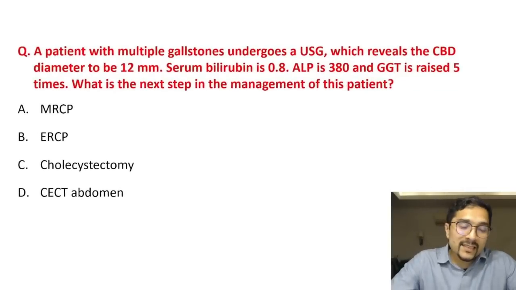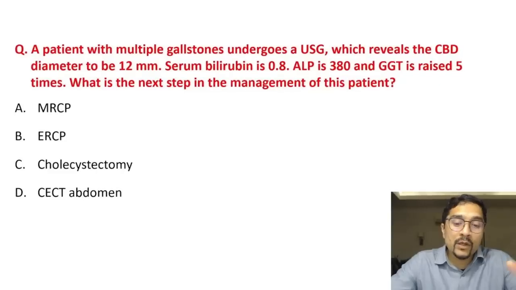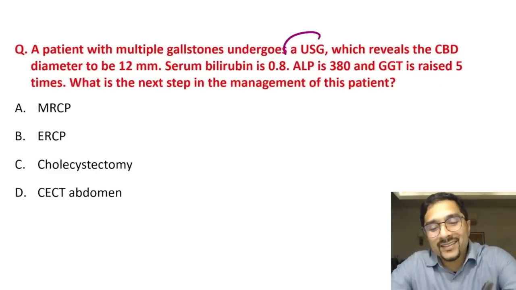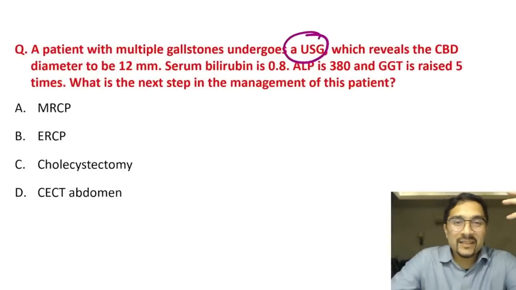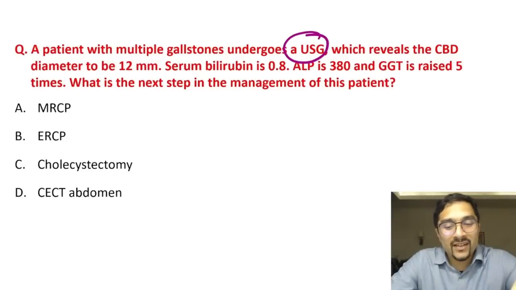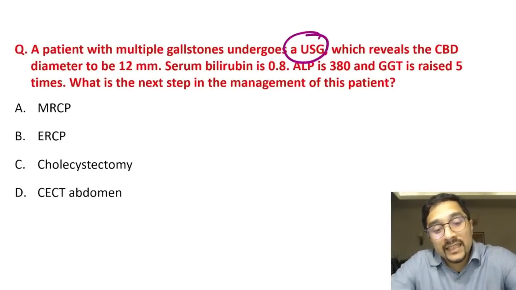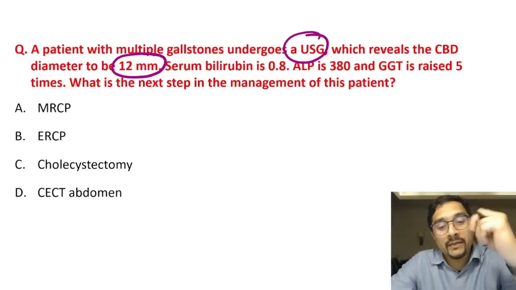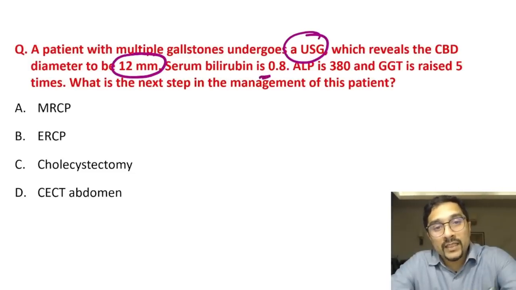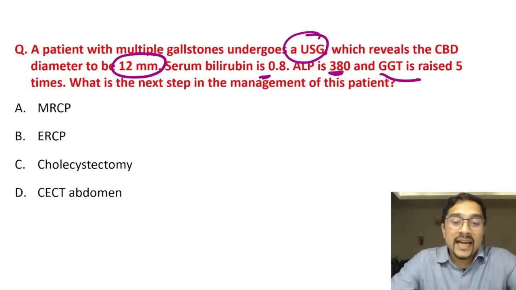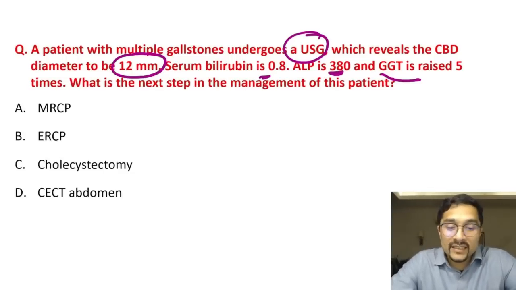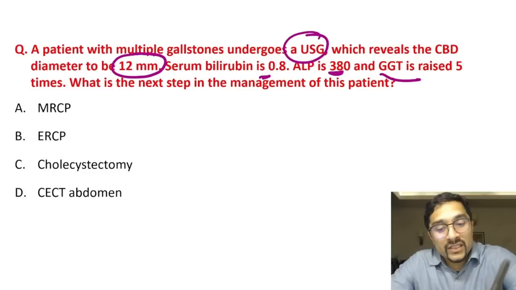Now, this is another situation. A patient with multiple gallstones undergoes an ultrasound, right? So, the patient has gallstones, has undergone an ultrasound, which reveals the CBD diameter to be 12 millimeter and serum bilirubin is 0.8, ALP is raised, it is 380, and GGT is 5 times raised. So, now we have a patient who has CBD